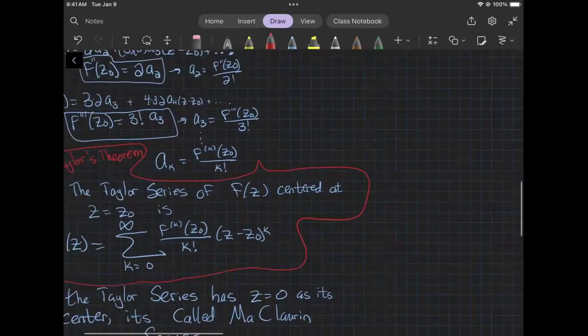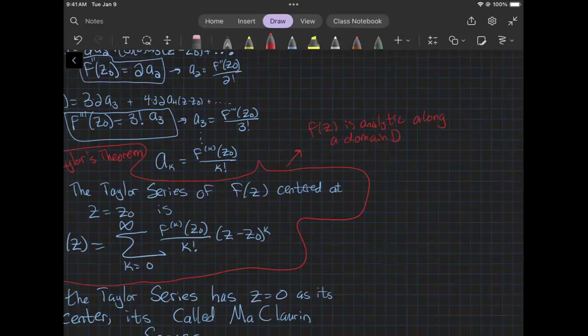So you can use this theorem as long as f of z is analytic along a domain D. And this theorem is valid